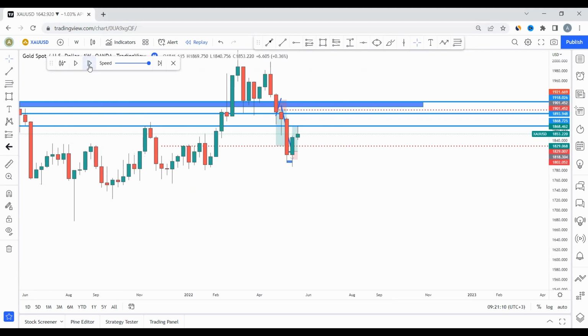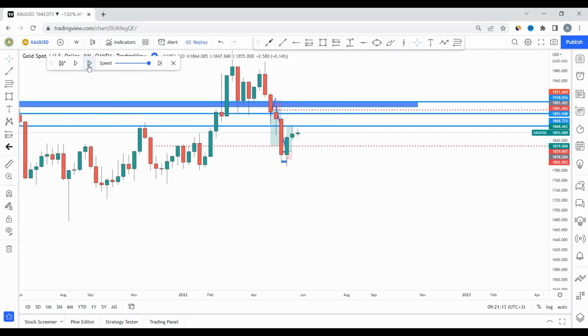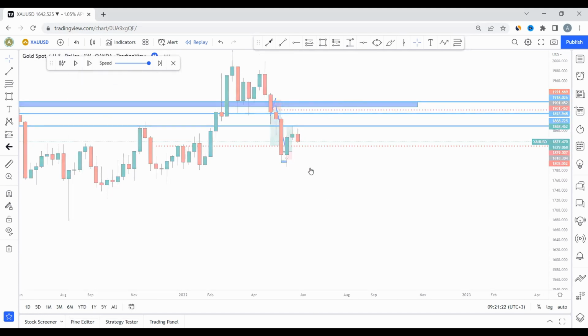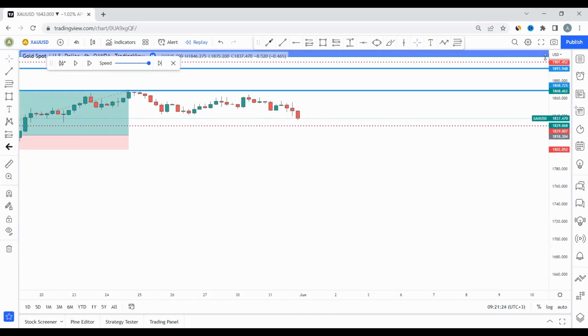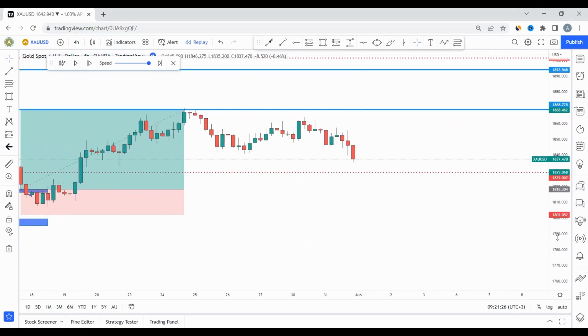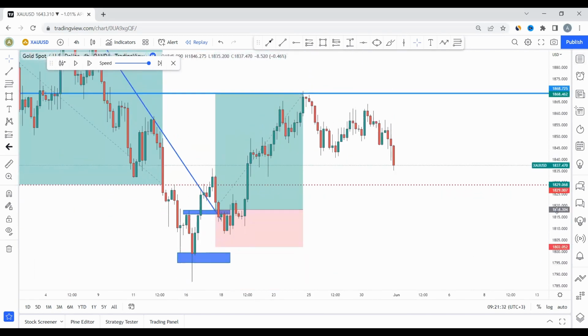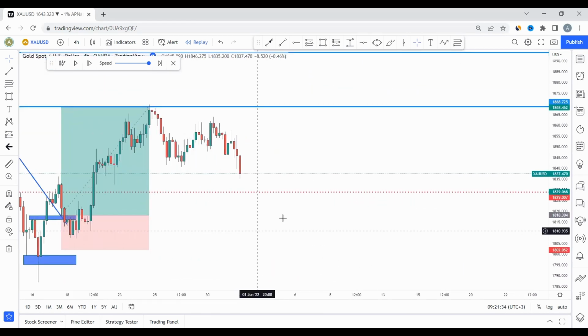So let's play and we see exactly that point where the market gets sellers, right? Exactly at this point is when we're going to go to our entry time frame again, and then we look for sales, because we know a presence of sellers has come into the market. So now what we're left with is just to wait for the market to give us an entry, right? Now at this point, the market has not given us an entry, but it has given us a structure that we can trade. Are we together?